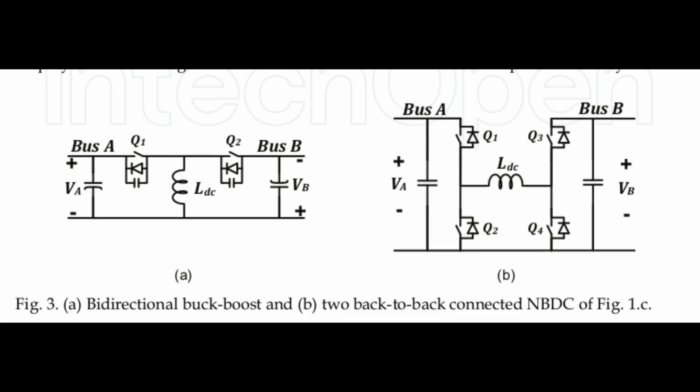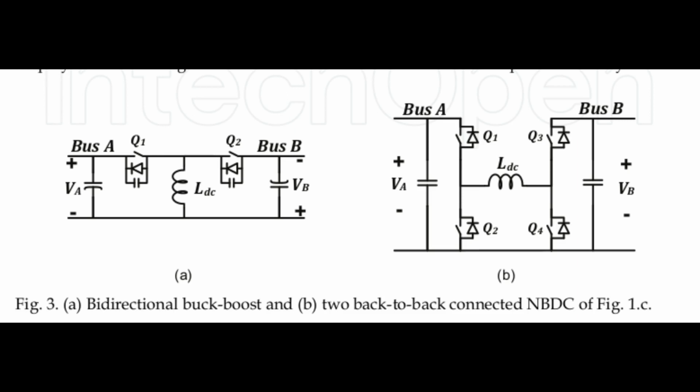Let us look into the circuit B. Here Q1 and Q4 will be switched on simultaneously and power will be transferred from VA to VB. That is, when Q1 and Q4 are switched on, the energy in the inductance will be stored, and when they are switched off, it will be transferred to VB. The same thing can be done by switching Q2 and Q3. So this is a symmetric circuit from both sides. So power can be transferred from left to right and right to left.